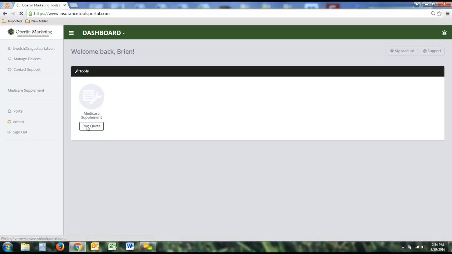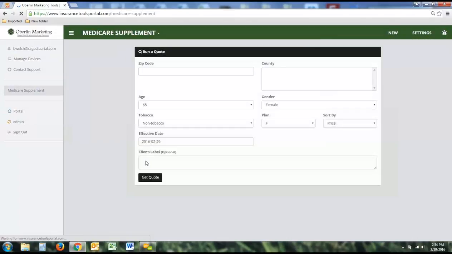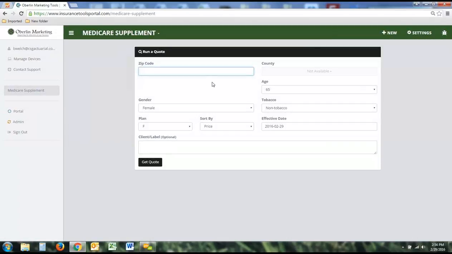So without further delay, we'll go ahead and start running a quote. To run a quote, you simply click Run Quote. It's going to bring you to the quote screen. From this screen, you'll be able to enter the demographics that you have. And as you can see, there are some initial demographics that the system will need. So we'll go ahead and type in a zip code